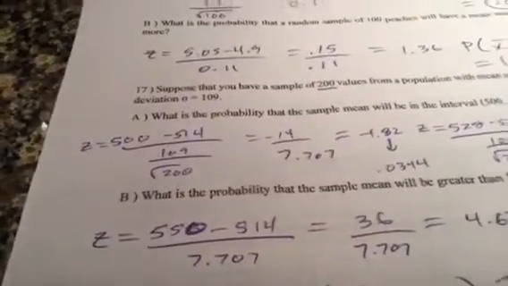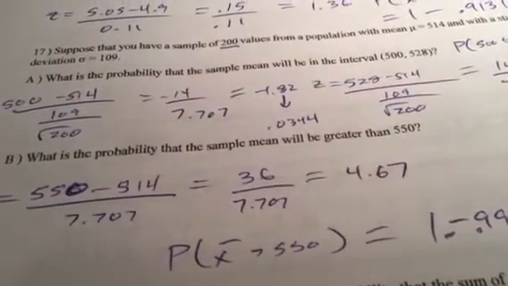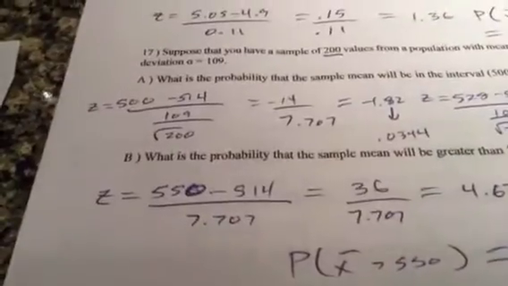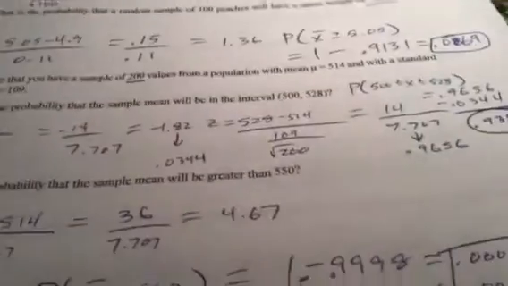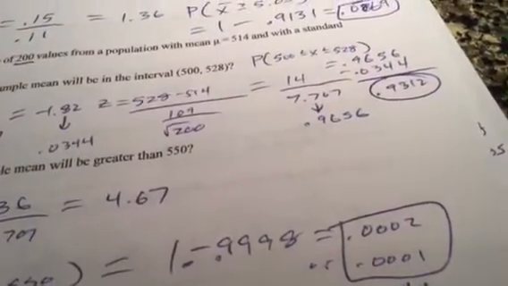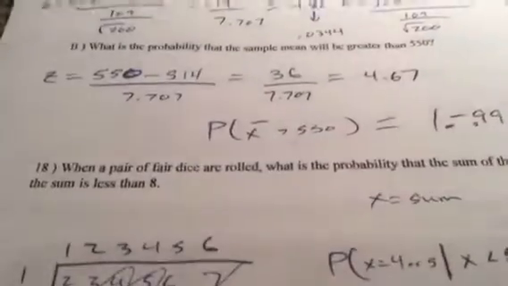And lastly, let's take a look. 200 values, that's your sample size. Standard deviation is given. Population mean of 514, so in between 500 and 528. Notice they're both 14 away from average, so I will get opposite z-scores. All right, and I subtract both of those areas to the left of those z-scores to get 93.12. What's the probability that